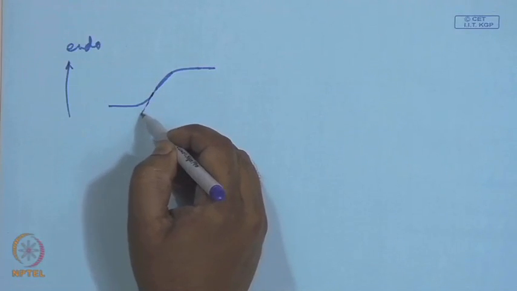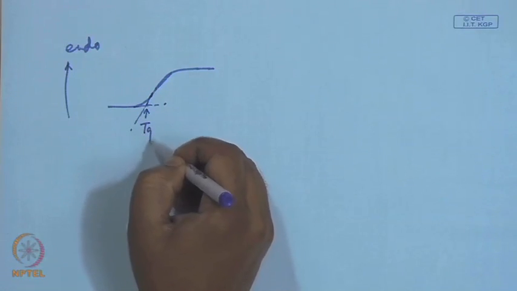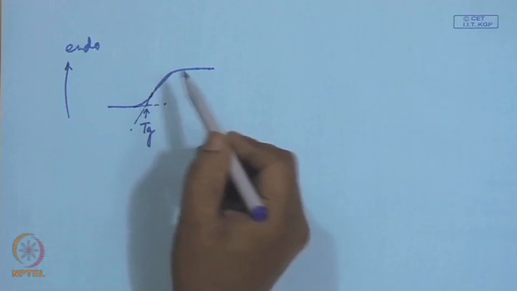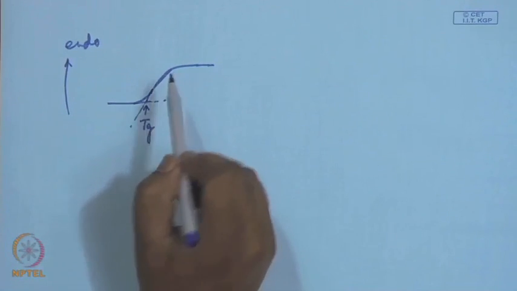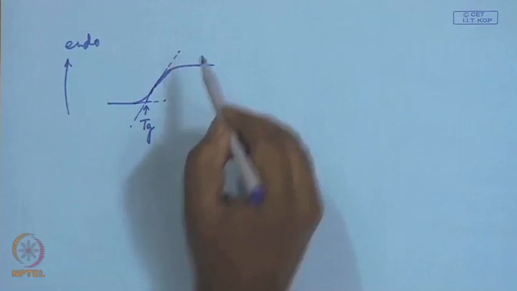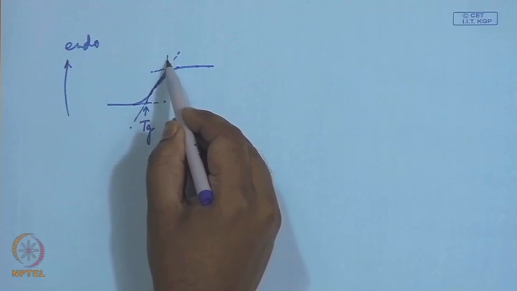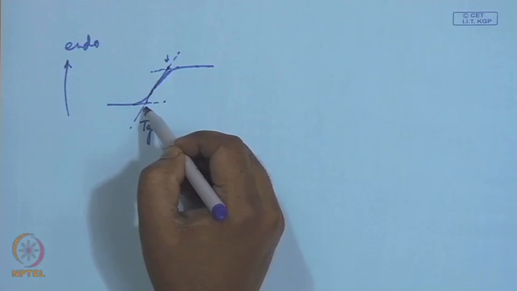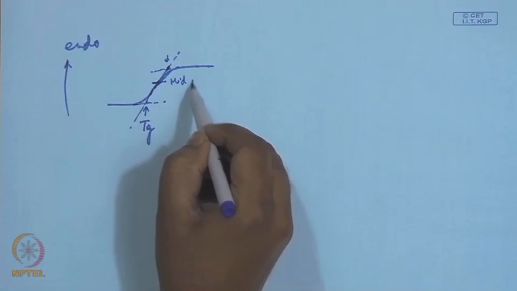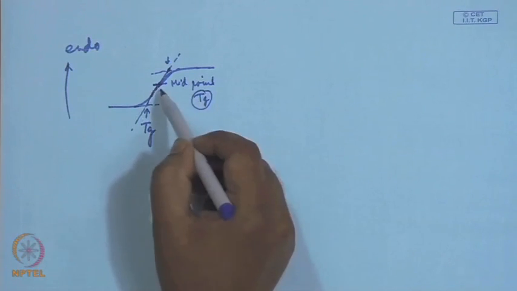Some use the inflection point as Tg. Many use, and that is the most used technique, the midpoint of the two inflection points, one here and one here. Some people consider this as Tg,